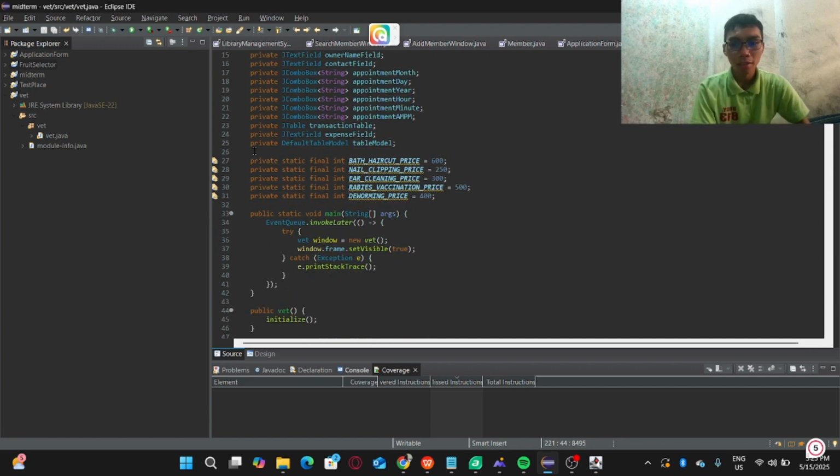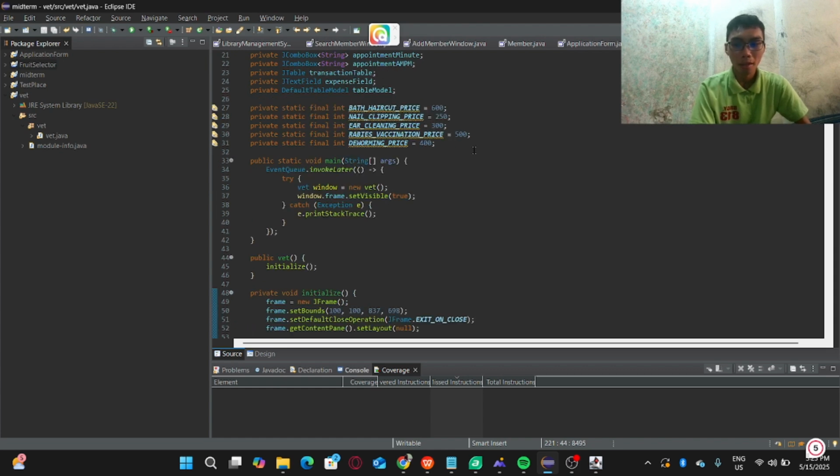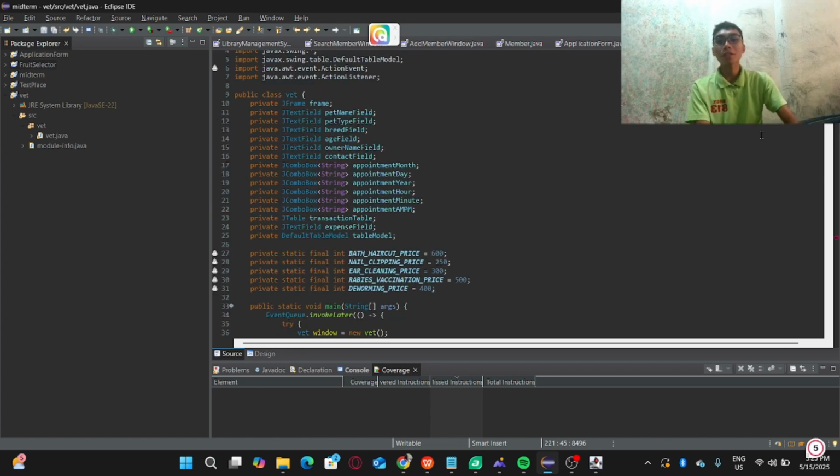Then, as well as the first variables, we will also iterate the needed components for the prices that we will provide for the customers for the services that the pet needed.